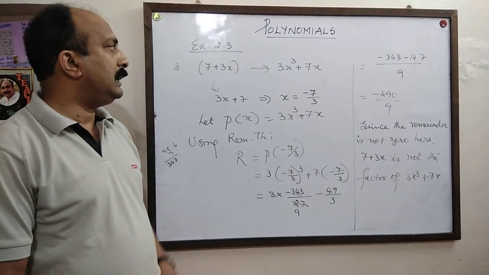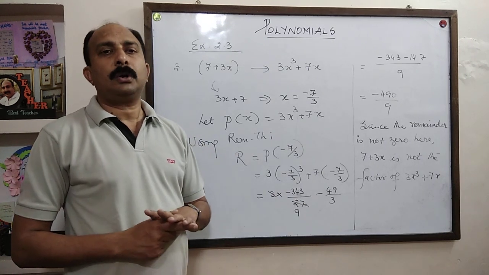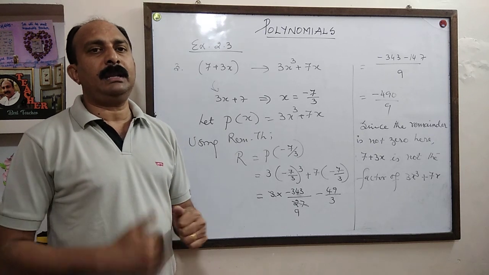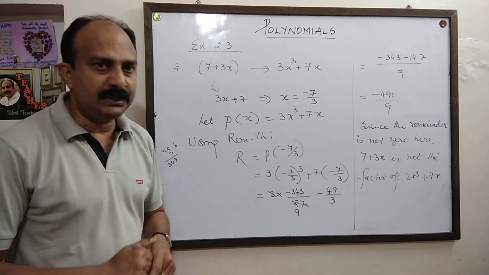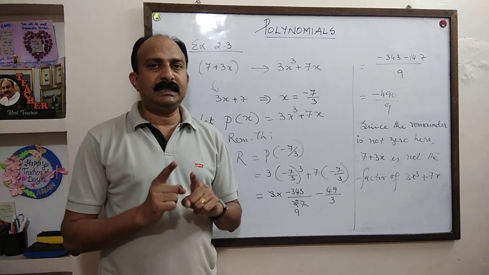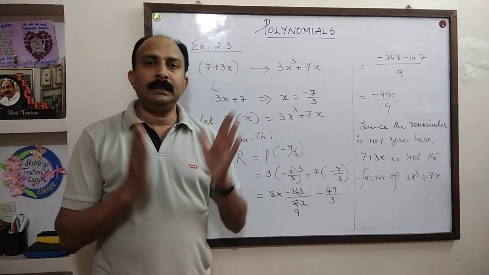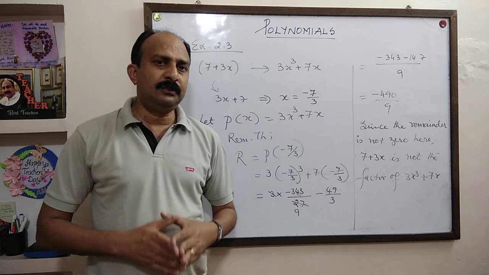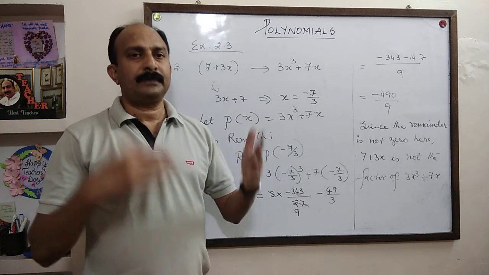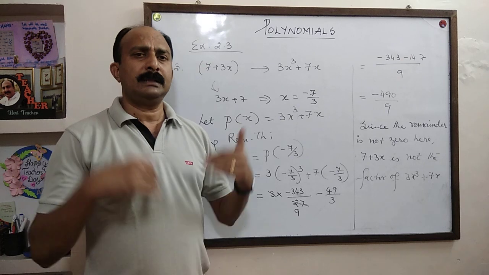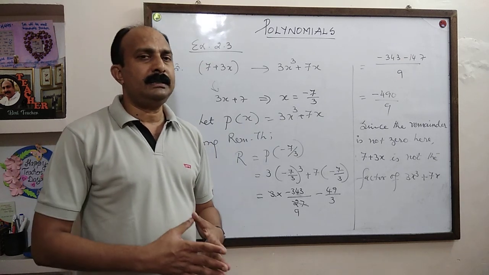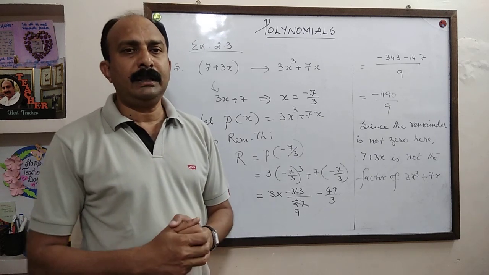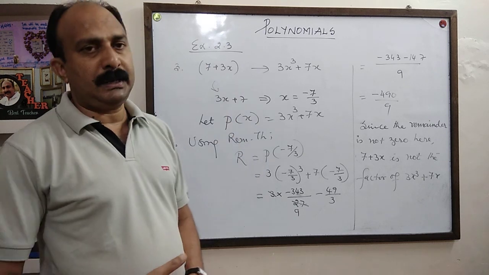So today you have studied a very important concept in polynomial called remainder theorem. I repeat once again, remainder theorem is to find the remainder without actual division. If a polynomial p(x) is divided by x minus a, then the remainder will be p of a. We have seen the examples. Please do a number of extra questions. Take a p(x) and divisor. You can find a number of extra questions from the extra books and practice how to find the remainder without actual division by using remainder theorem.